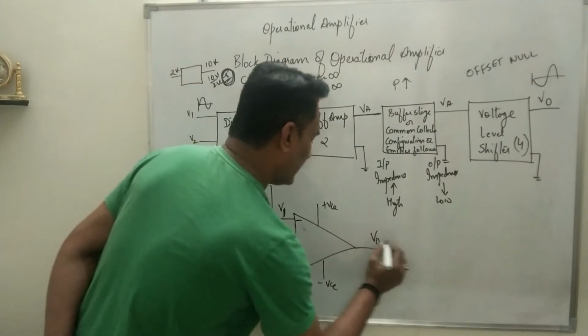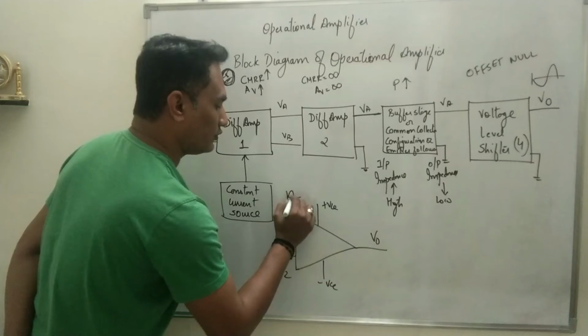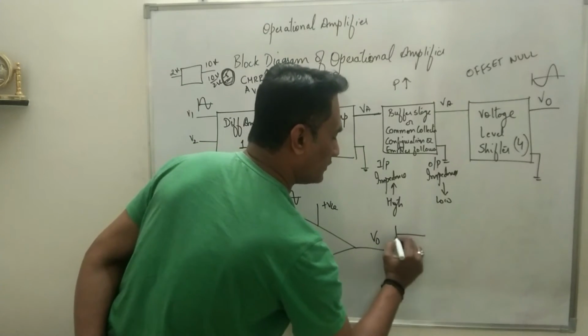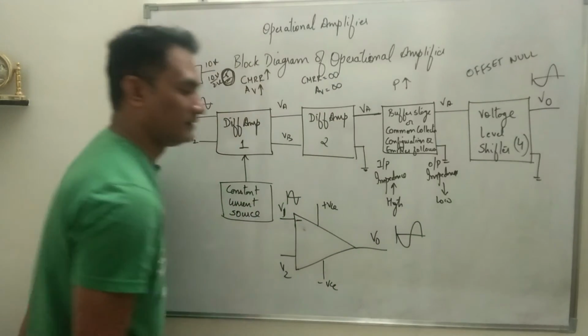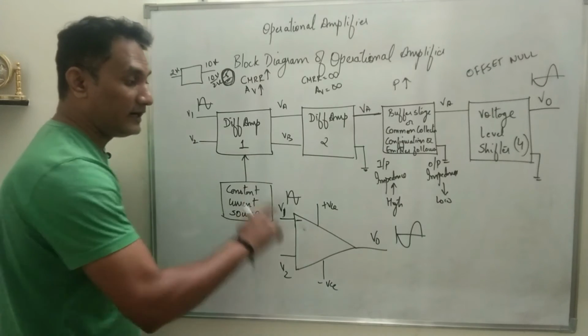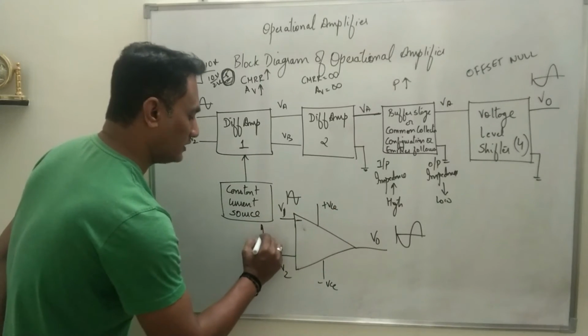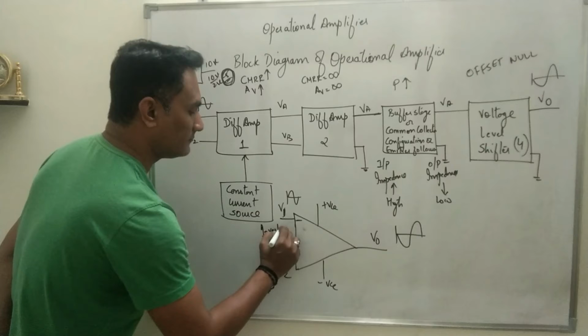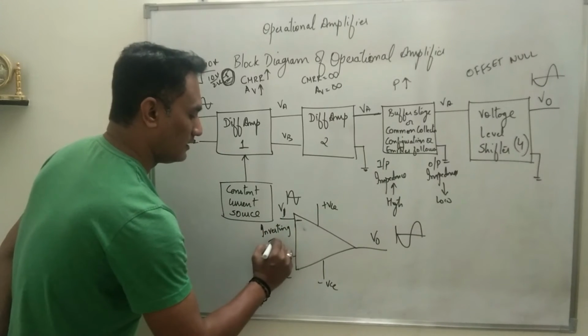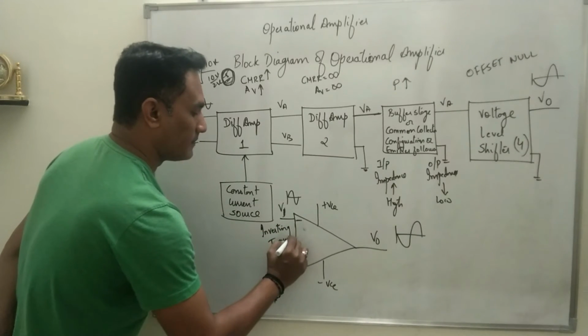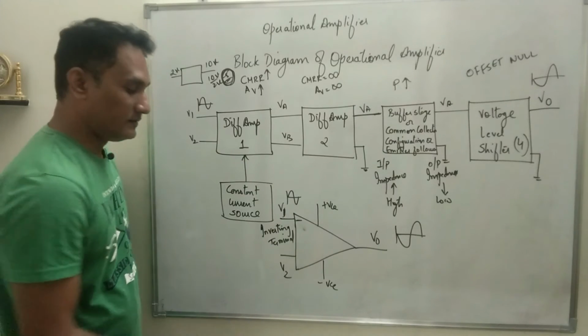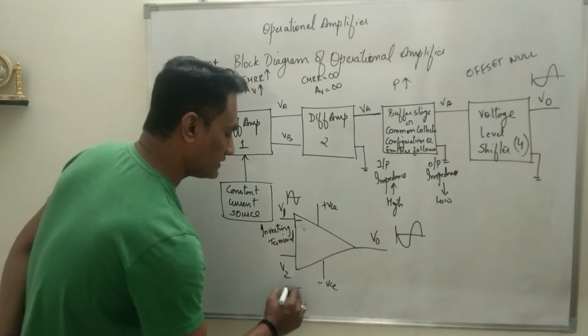So when the input is applied at V1 like this, what you're going to get at the output is an amplified output, but it will be inverted. Therefore this terminal is called the inverting terminal, right? Similarly V2, when input is applied to